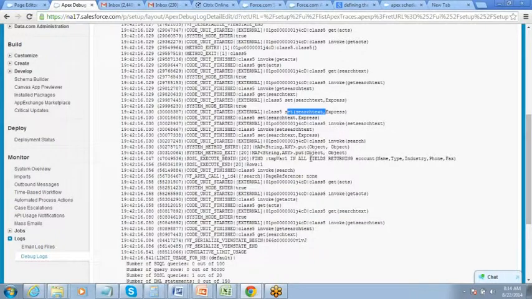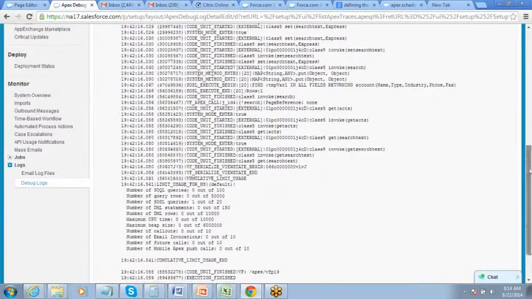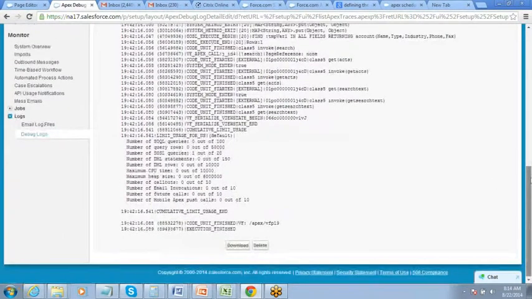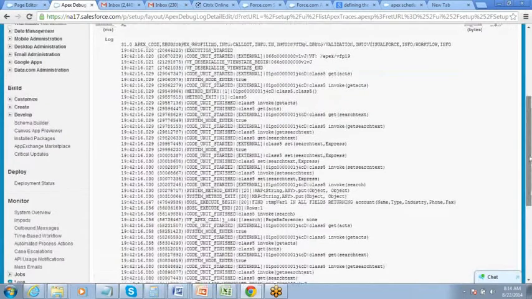Like what is the result that is being returned, you want to see it in the code rather than on the interface. Then you can again do a system.debug and try to fetch the data from that existing thing and reflect it here. Got that? So that's about debugging the code and understanding the errors.